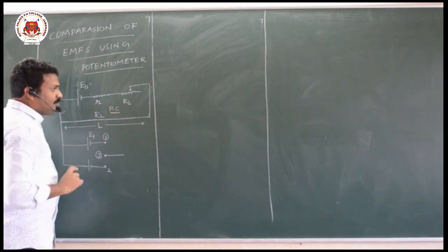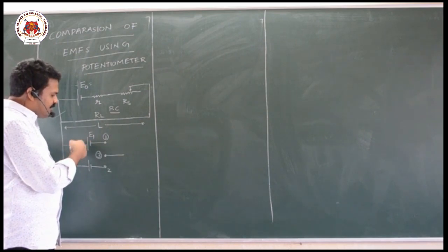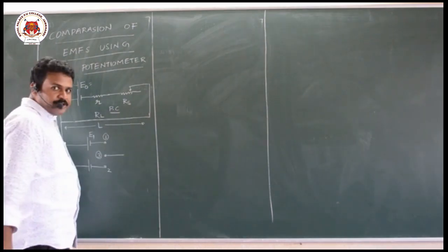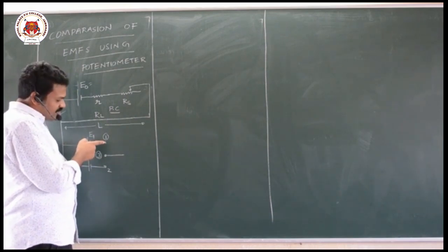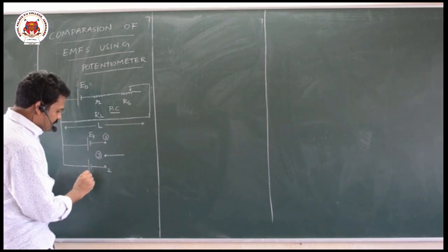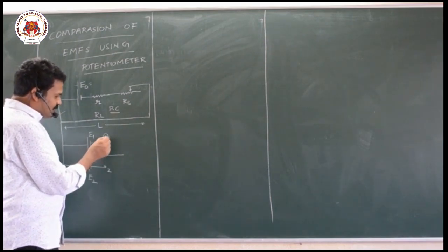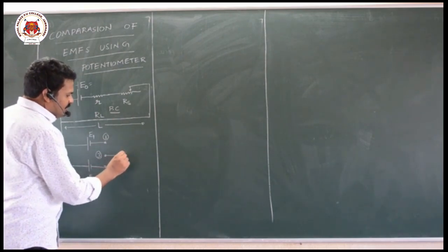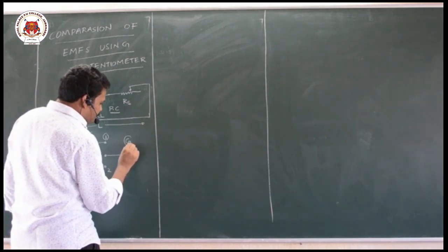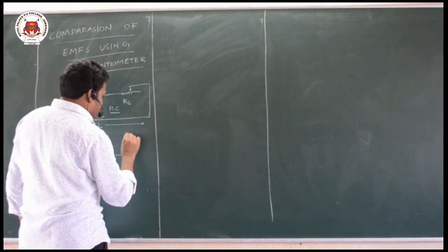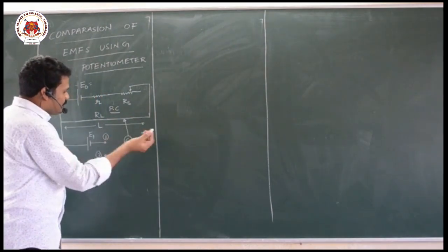Let us observe the difference between the previous circuit and this circuit. In the previous circuit I took only one cell and connected the jockey to it. Here, one time I will connect my jockey to E1, next time I will connect it to E2, so that this circuit is open. These are the junctions 1, 2 and 3. These two plugs I am going to connect to a galvanometer through the jockey. This arrow mark indicates the jockey. A jockey means a pen which can rotate like this.